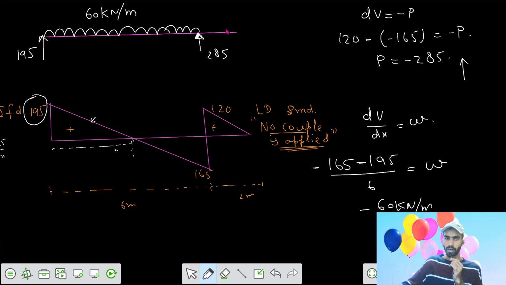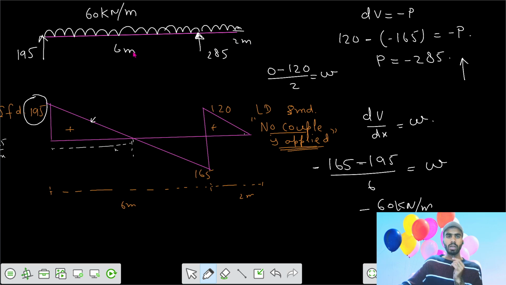Reaction of 285. Then after that we have a variation where shear force changes from 0 to 120 in your length 2. So your loading intensity is also minus 60. So your loading of minus 60 for the entire span,